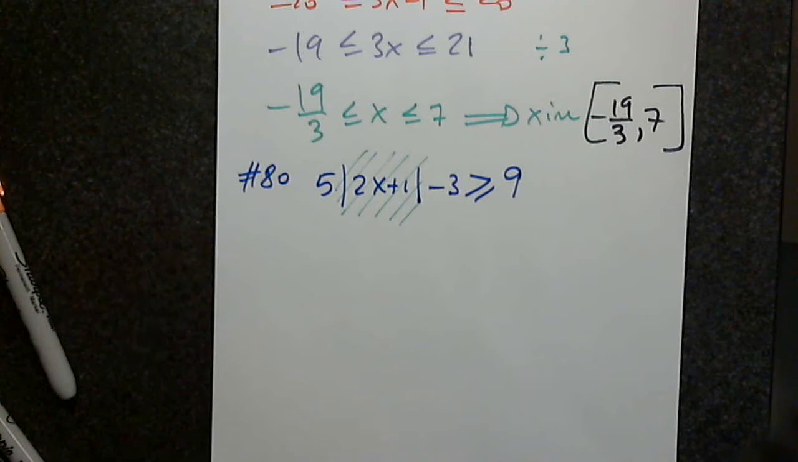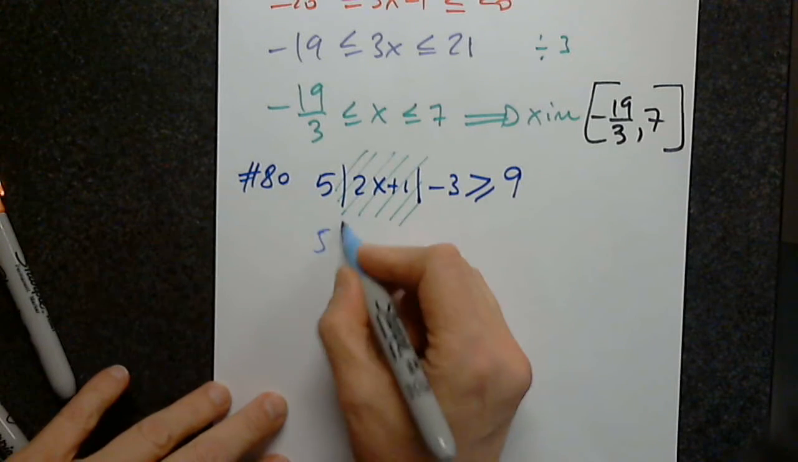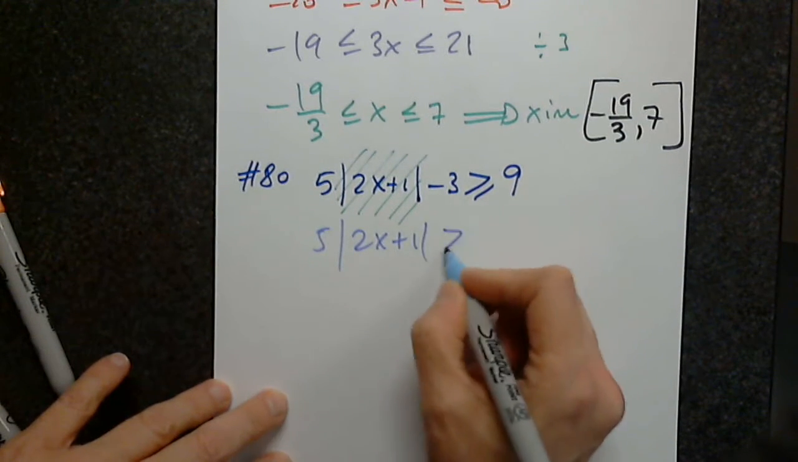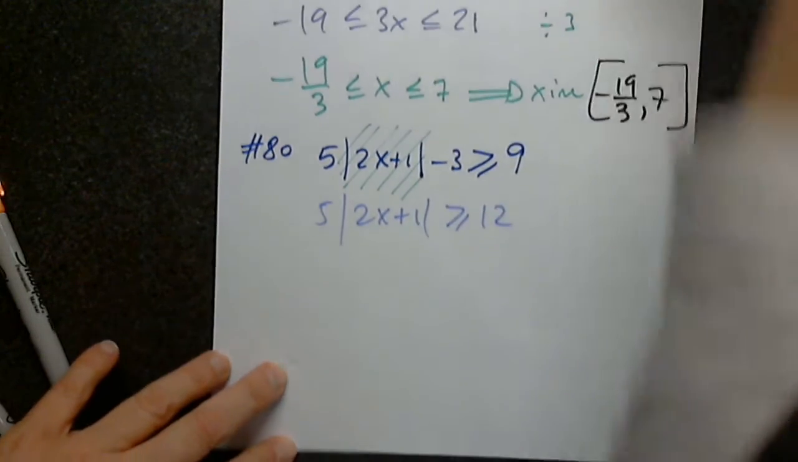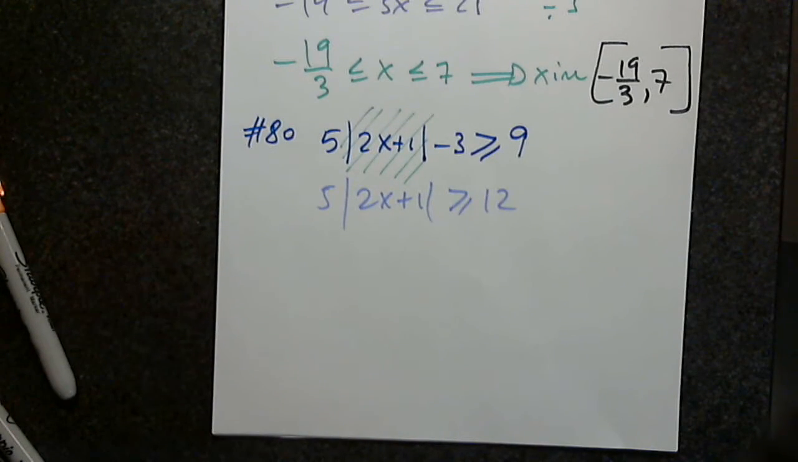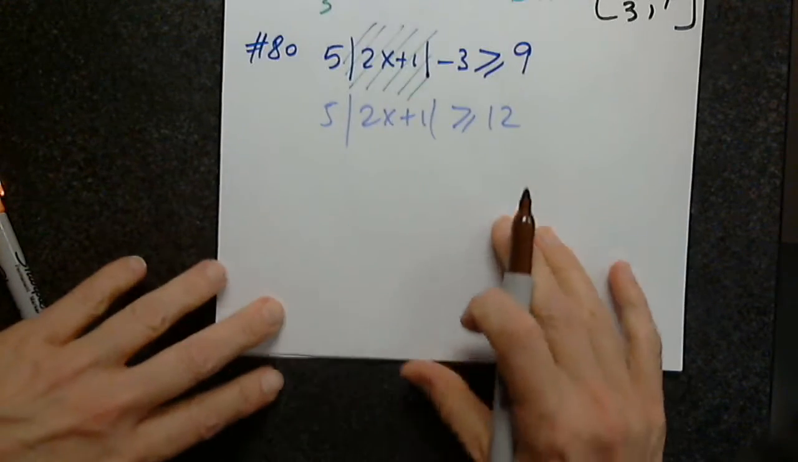So what will be the first step? Add 3. Of course, thank you very much. 5, the absolute value of 2x plus 1 greater than or equal to 12. Excellent. Because we always clean up and simplify everything we are given to solve, work on, whatever. So what will be the next step then? Of course. Only now